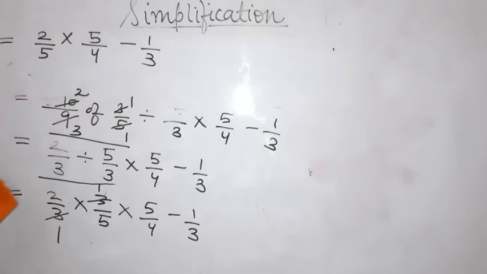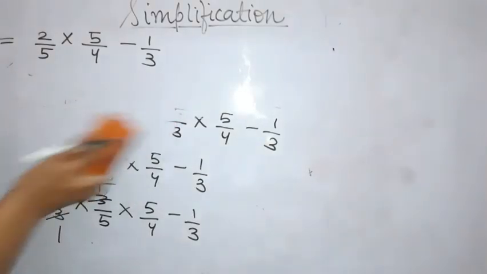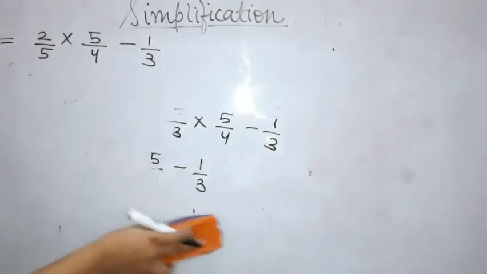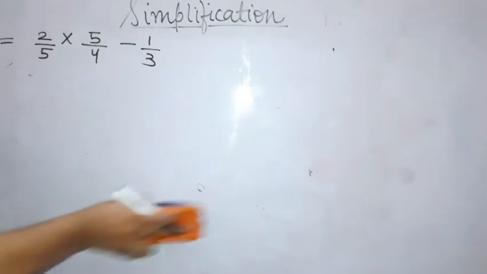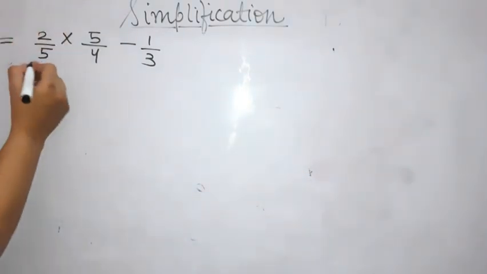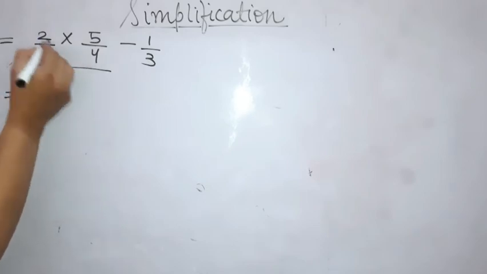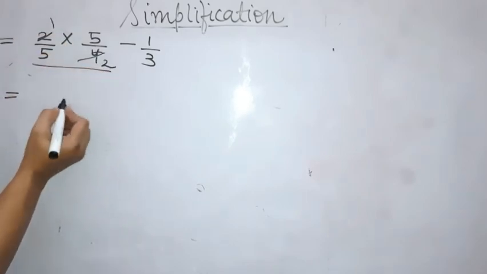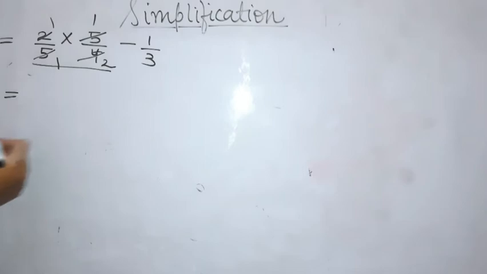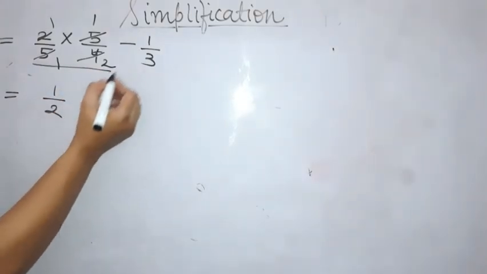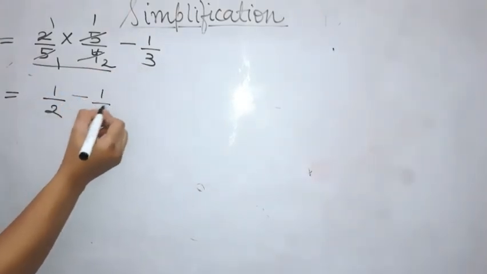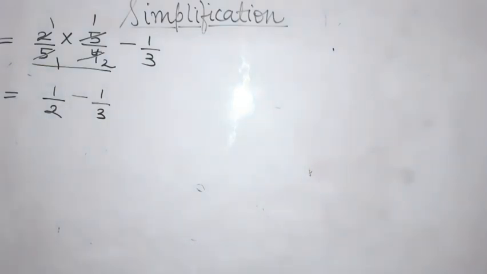Now as per the BODMAS rule, what we have to do? We have performed the division. Now we have to perform the multiplication. So I am going to solve this part. 2 ones are 2, twos are 4. 5 ones are 5, ones are. What is left now in the question? 1 upon 2. What is left? 1 upon 2 and this minus 1 by 3 is left. So minus 1 upon 3.